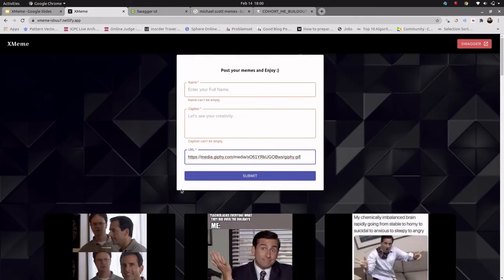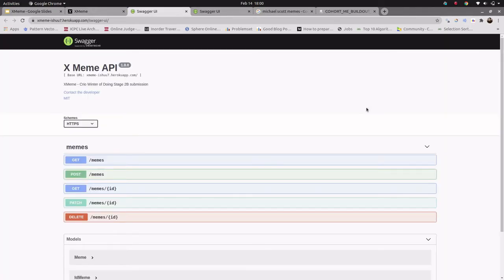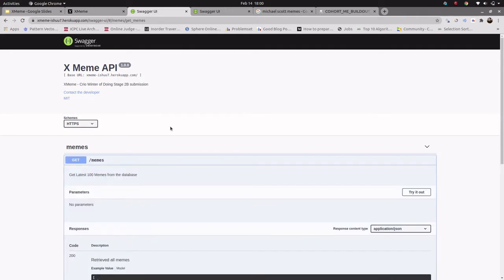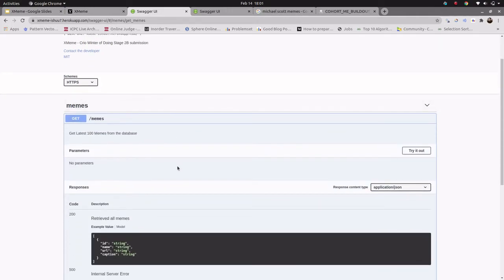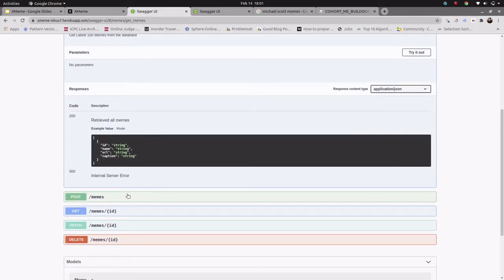I've also implemented Swagger for my website, which is nothing but the API documentation of the project. As I mentioned earlier, I have implemented five features for this project: to get all the memes, to post a new meme, to get a meme by ID, to edit a meme by ID, and to delete a meme by ID.